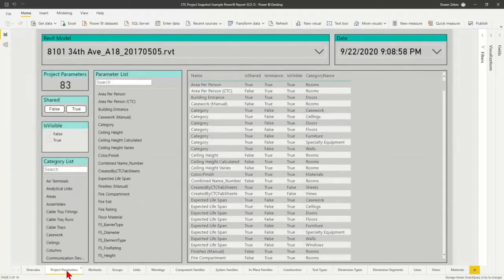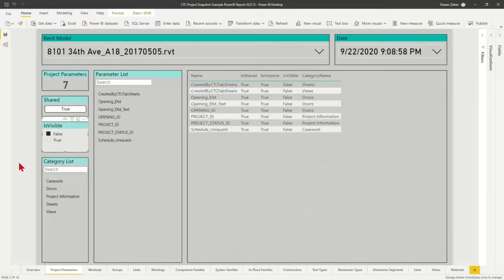So let's dig through my project a bit. Let's see what dirty secrets Sean has in his project model. I'm actually curious about those project parameters that are not visible. Somebody defined a project parameter, and to do that, it has to be a shared parameter if it's going to be invisible. And I want to know what they are. Some parameters here came from maybe some previous add-ins. Maybe I want to strip those out. I've got tools to help me find them and strip them, but I need to know what they are first